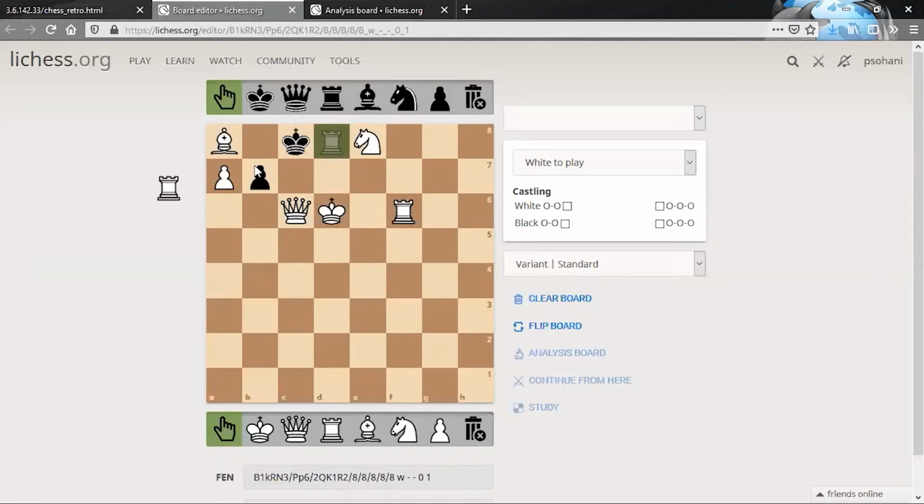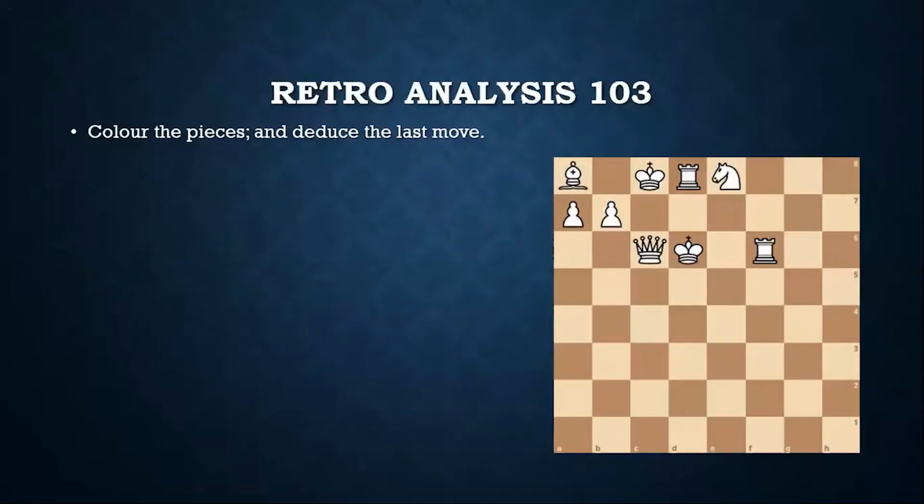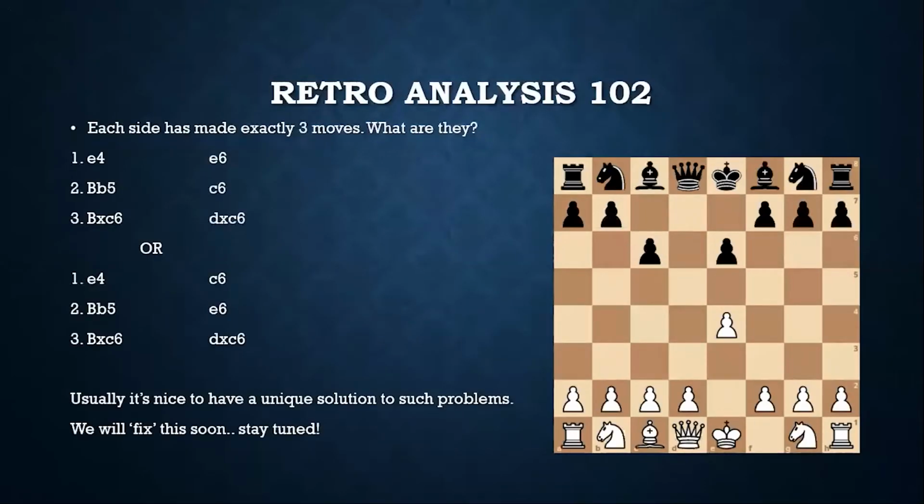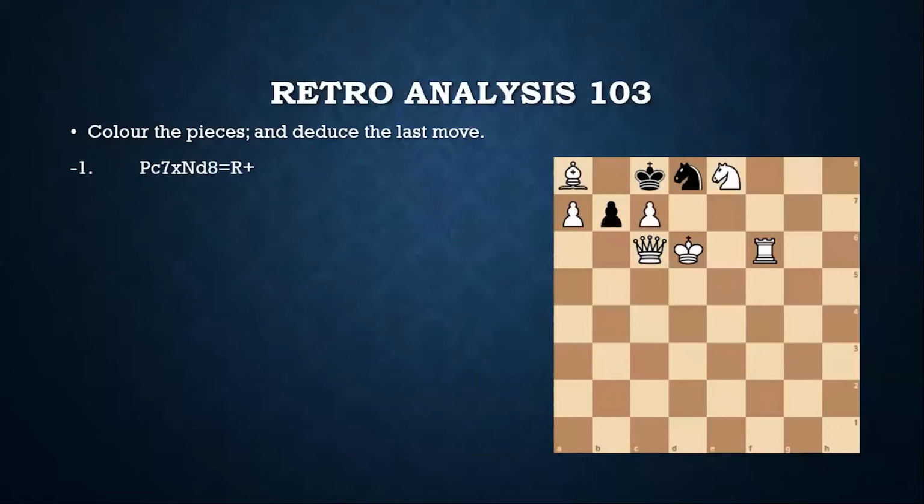So the previous move was actually a capture. The pawn here captured something here, and it's not hard to see that the only piece that could be here which will not give a check to this white king is a knight. So this is in fact the game position before this position was arrived at. So that is the solution for this. And again notice the negative notation here.